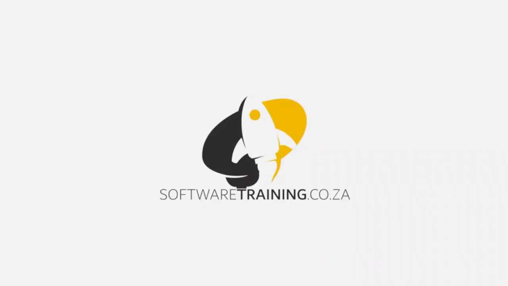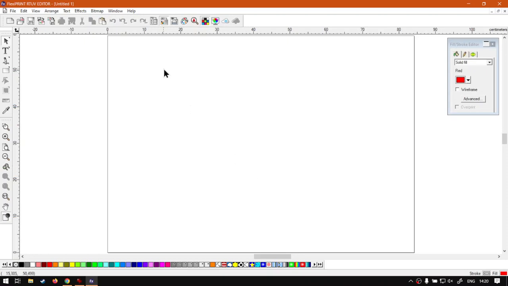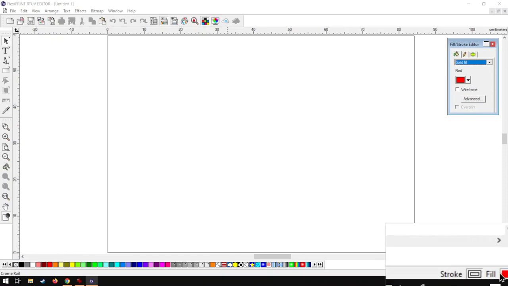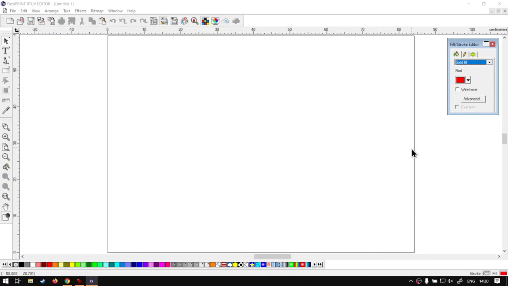Otherwise, we're into the program here. So now, like I mentioned, this is part of a mini series on the main toolbar on top here. And today we're going to be looking at the fill and stroke editor. Now, by default, we can see our fill and stroke here on the bottom right. So when you're creating one, you can quickly see what it's set to. But if you want to go into more advanced settings and actually customize it afterwards, this is a great place